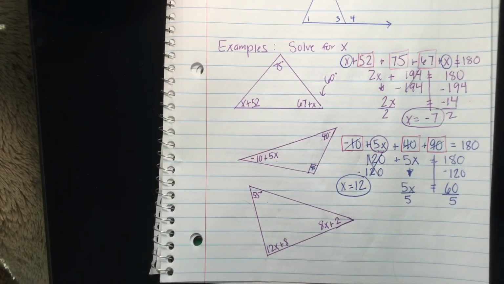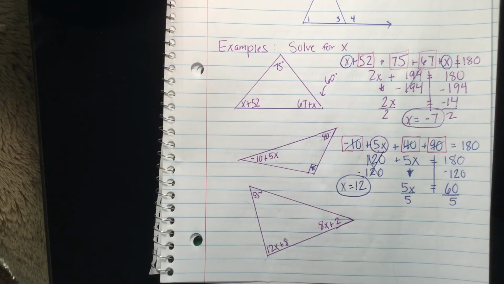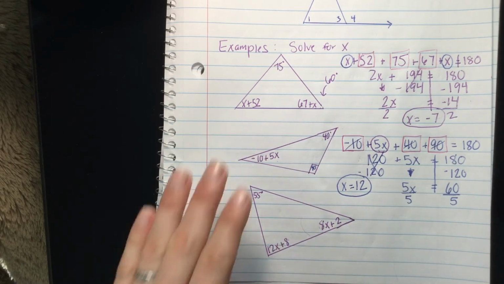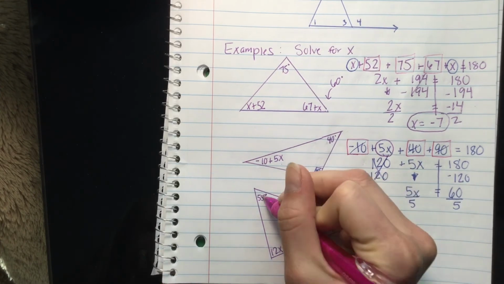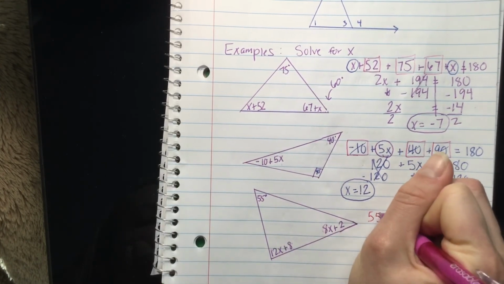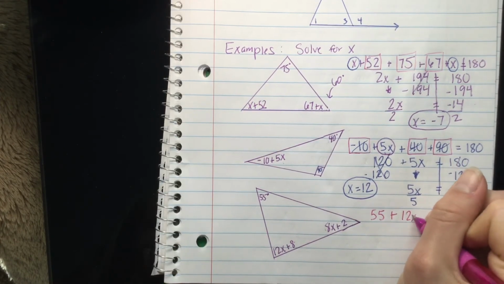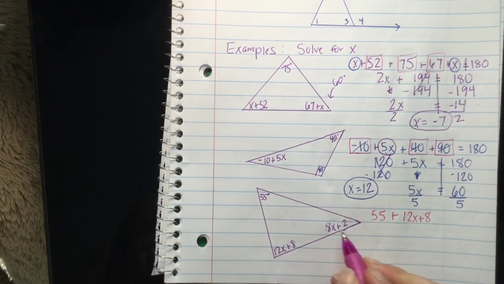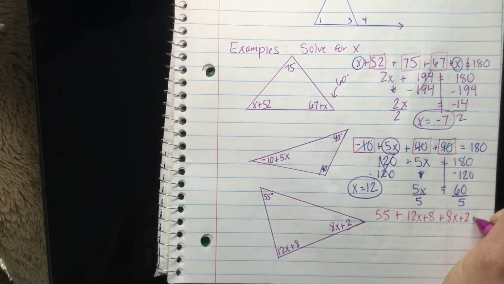Okay, so by this point you should know that all of the interior angles add up to 180. So when we set up our problem, we are adding all these together to equal 180. So let's do that. I'm going to start with this angle right here. 55 plus, I'm going to go down here, 12x plus 8. And then I'm going to go to the last angle, plus 8x plus 2 equals